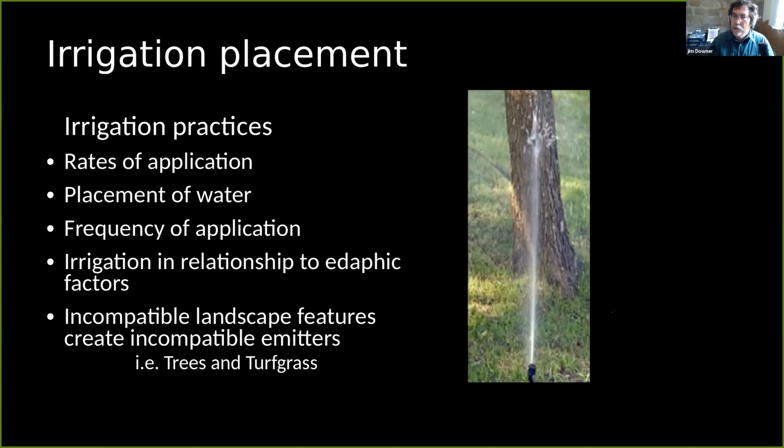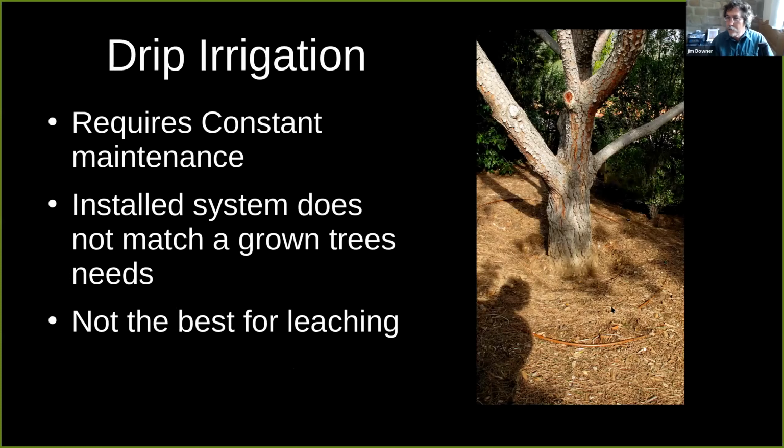So the Israelis were the champions of drip irrigation. A lot of people say they invented drip irrigation, and we started using their ideas in our climate. And we refer to this as Netafim, but it isn't always Netafim. There's a lot of this that's not. Netafim is a brand, and basically it's half-inch drip hose that has emitters at some sort of spacing, usually 1 foot apart, and usually 1 gallon